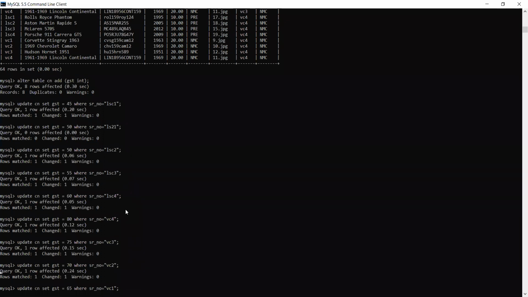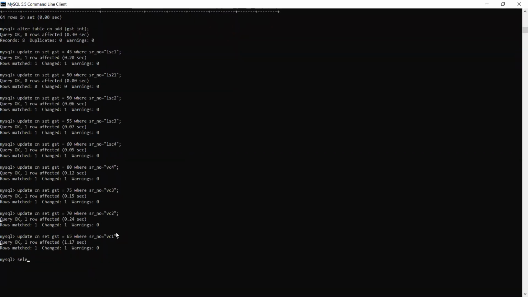Now see, as I said, corresponding information must be matched. So select asterisk from car number. Now see, we have seen what is the cross join. If I write like this, again I will be getting cross join. So now here I will be writing one where clause, and where I am going to equate them in a proper manner. For example, car number dot common column, serial number is equal to Cn dot serial number.